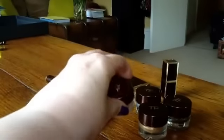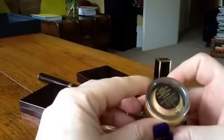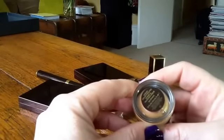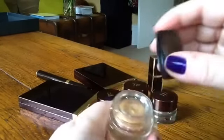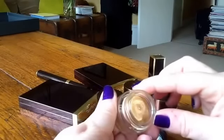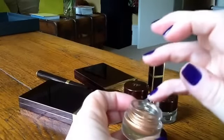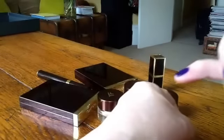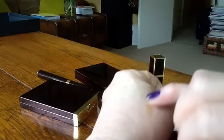But I initially put that down to the actual shade, and I was more hopeful with Sphinx, which I don't know if you can see in the pot. It's just this beautiful gold pink duochrome. Really, really pretty colour. Picks up golds, pinks, gorgeous. So I was really into trying this, and immediately you put your finger in, it just feels more slippery and watery than the old formulation. Now, there is quite a bit of colour there,